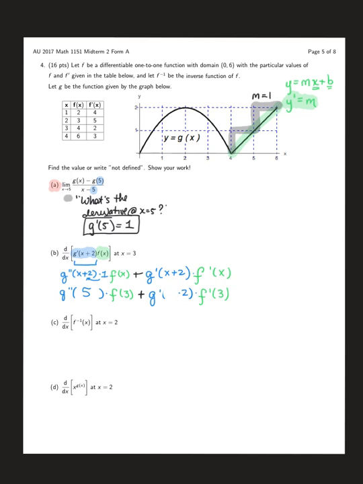And over here we also have, I'm sorry, g double prime of 5, and over here we have g prime of 5. Now you might be asking yourself, how do I find g double prime of 5? How do I find this? Well, we know g of 5 is equal to 1. And we know that the derivative at 5 is also equal to 1. Now the second derivative